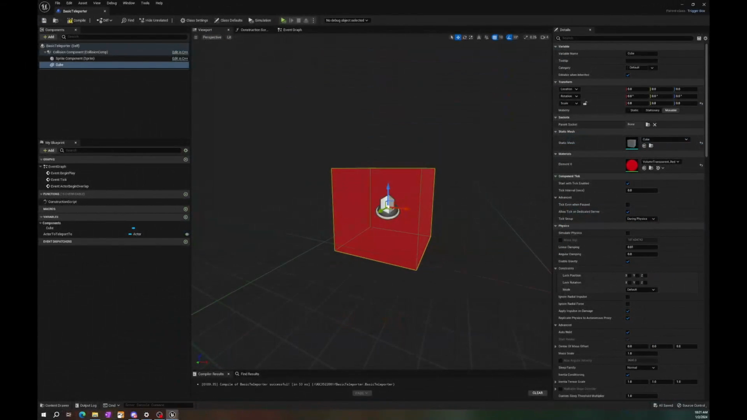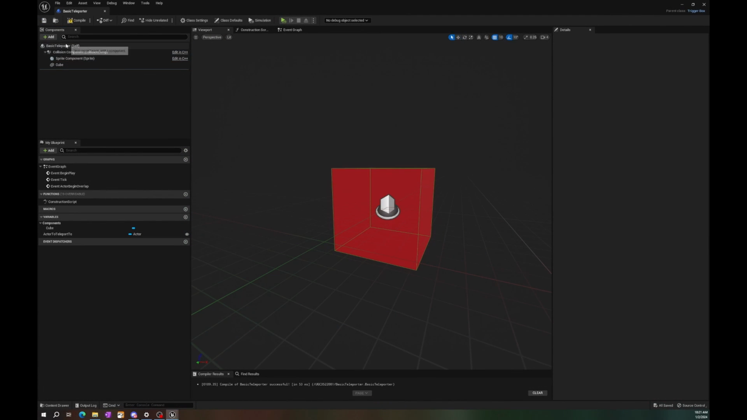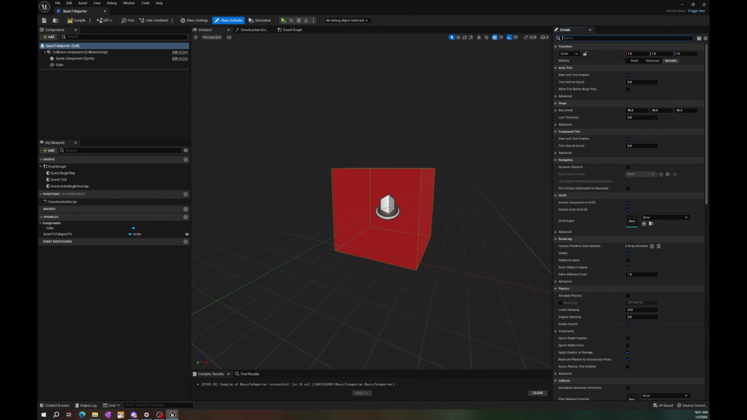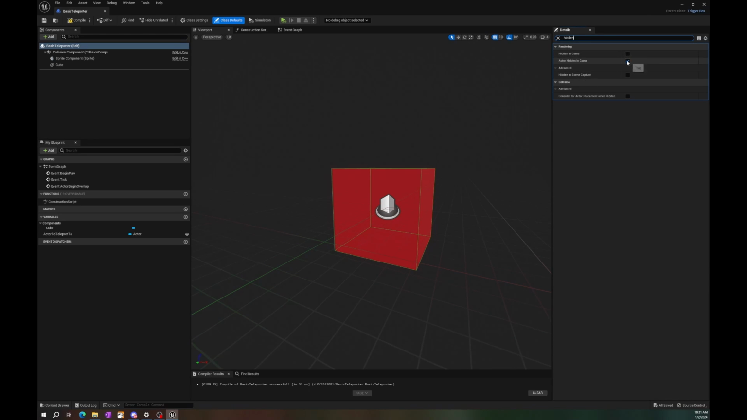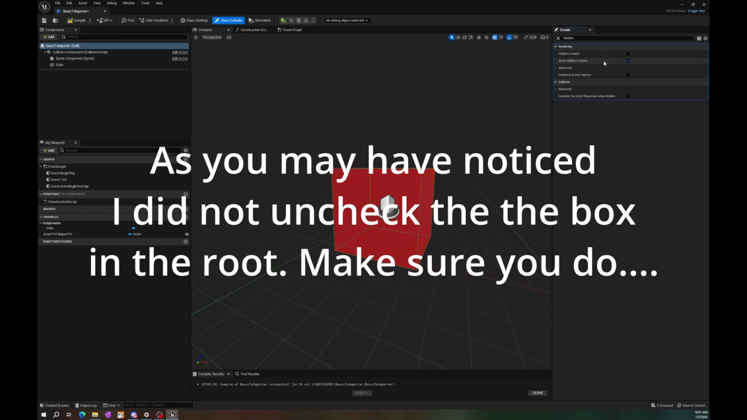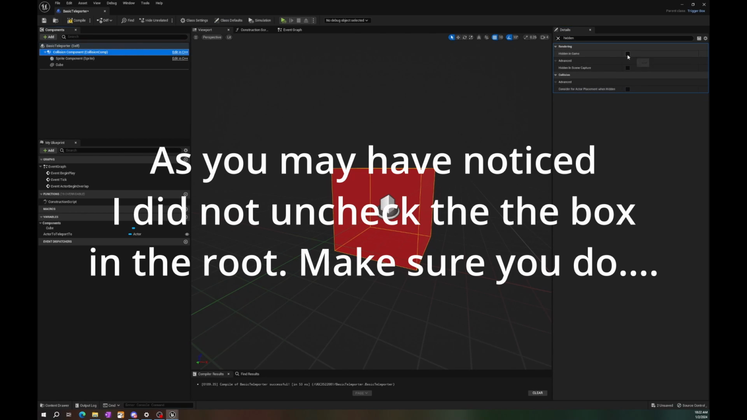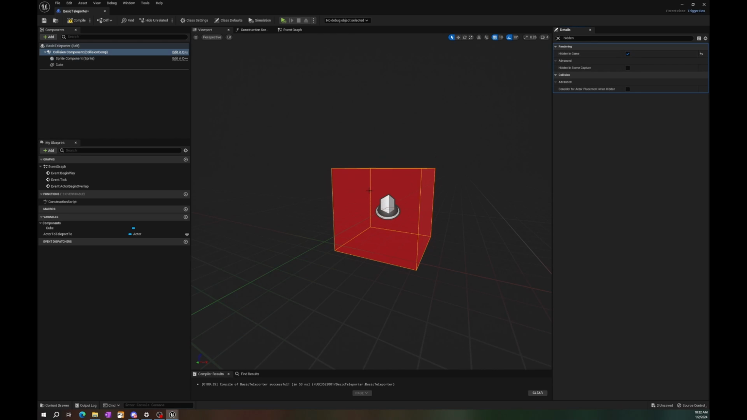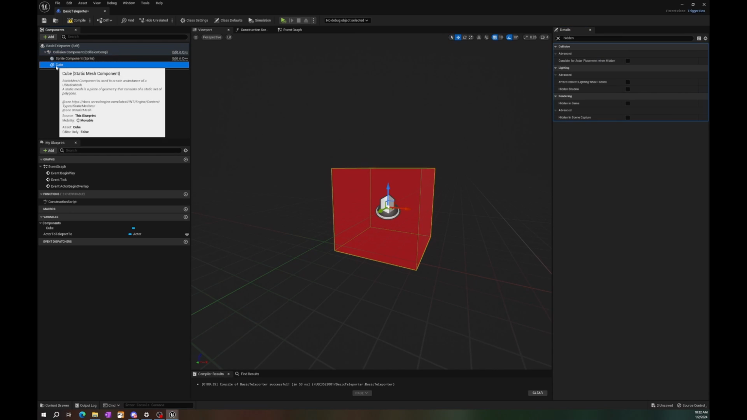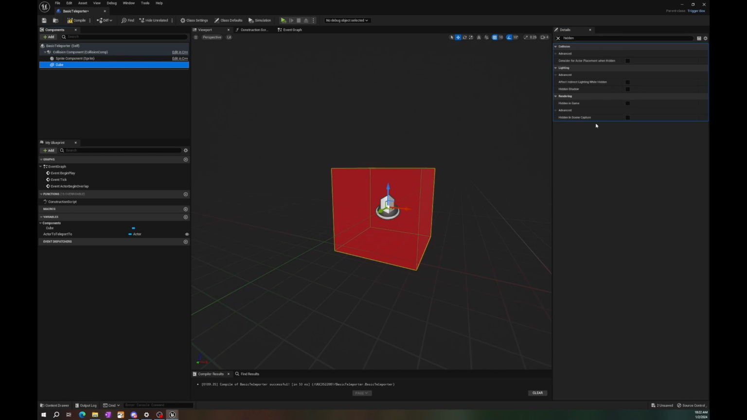So if we go back to the other screen, we're going to go to the basic teleporter, the parent root of it. We're going to type hidden in the details. We're going to uncheck actor hidden in game. We're going to go to the collision component. We're going to hide that in game because we don't want people to see the green box. And the cube should by default not be hidden in game. When we press G,